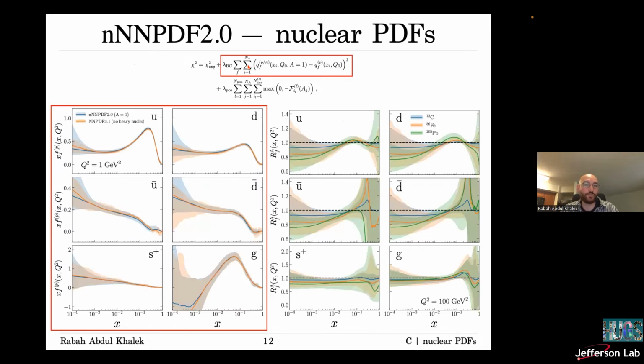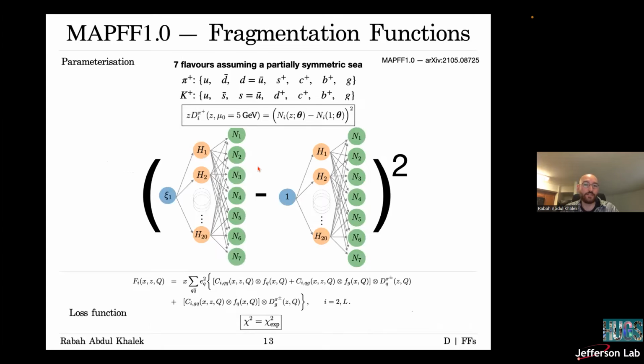And you can also see that there's another framework for fragmentation functions, with a completely different parameterization, where the positivity of the fragmentation function is imposed on the level of the neural networks. This is just to give you some idea of what you can really do with these neural networks. Anyway, what I want you to do